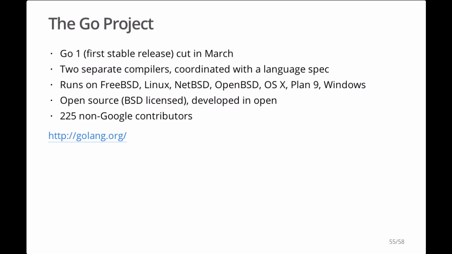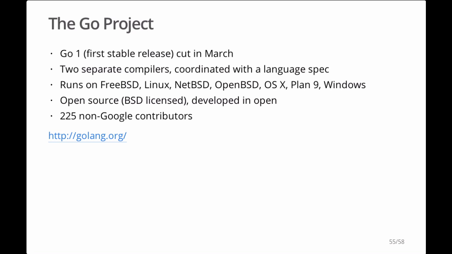Ian Lance Taylor used the spec to write a second implementation, a front end for GCC, and we call that compiler GCC Go. That front end, by the way, is written so that it could be hooked up to other backends, and in particular, we think it would be possible to hook it up to LLVM, although no one has done that yet. The GC implementation runs on FreeBSD, Linux, NetBSD, OpenBSD, OS X, Plan 9, and Windows, on x86-32, x86-64, and ARM. The GCC Go implementation supports many of those, but also SPARC, MIPS, PowerPC, and Alpha. It even runs on Solaris.